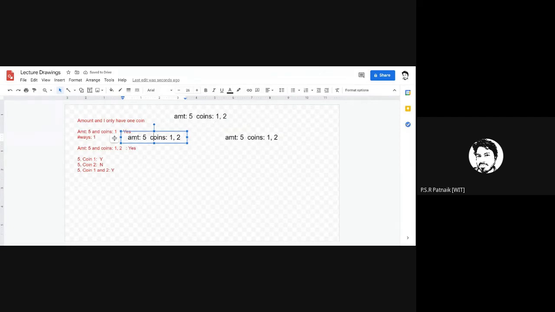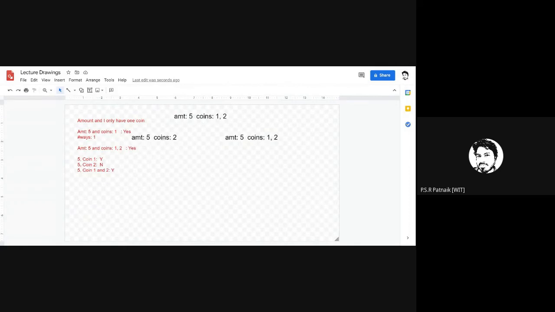Let us consider the first coin. You might decide not to use coin 1 and just go with coin 2, or you might decide to use coin 2 and 1. What I'm talking about? I'm just talking about 1.